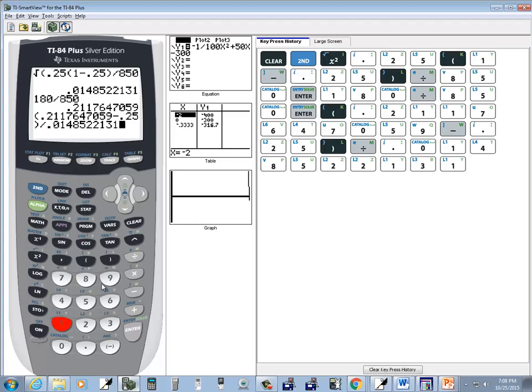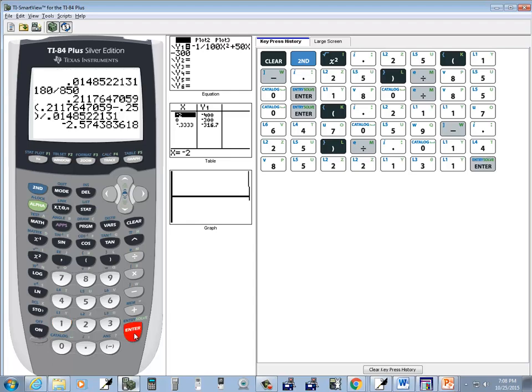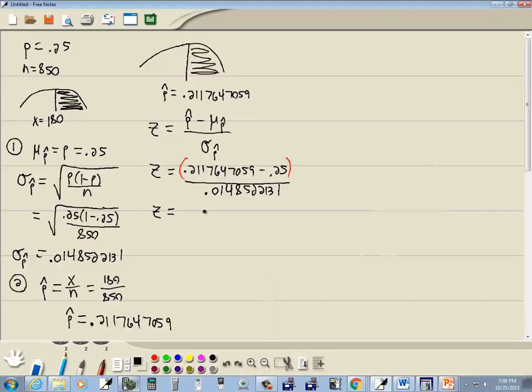Now let me double check that. I have that right on the screen here. And then press enter. And this we want to round to 2 decimal places. So we got negative